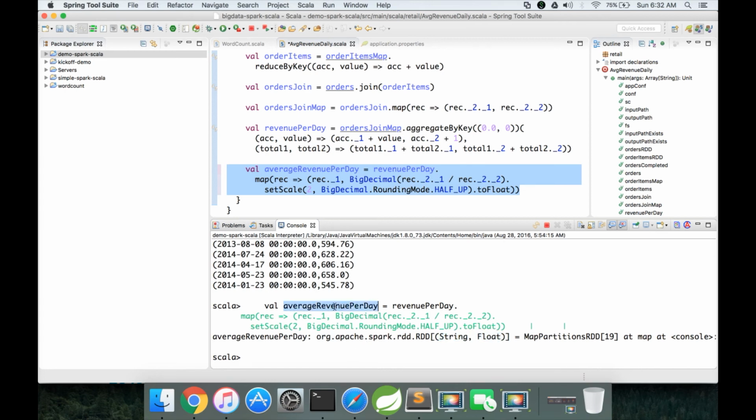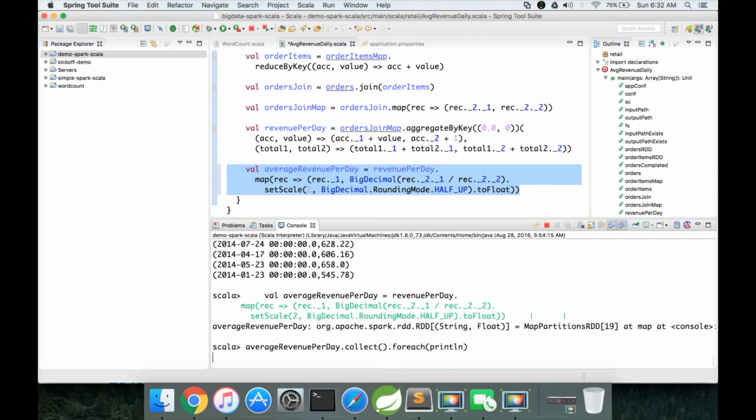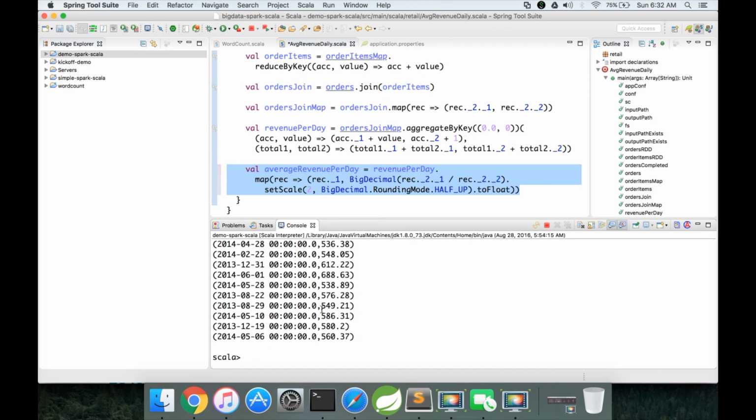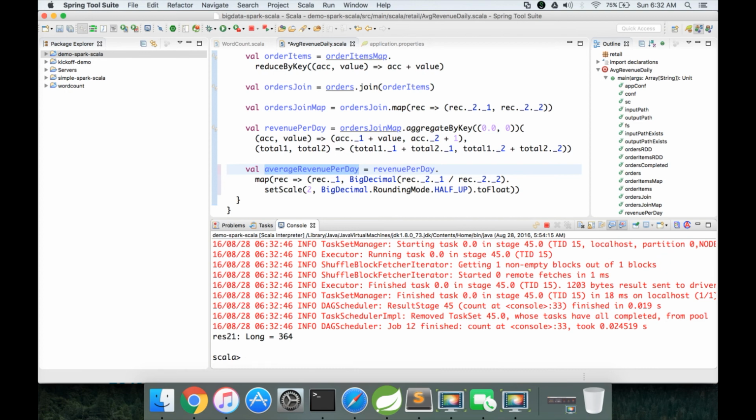We can preview by saying take or collect to get everything, foreach println, and hit enter. Now you can see the data of type tuple which has date for each day and the average revenue. You can also do the count and it should return 364 because we just applied the map function to compute the revenue. The number of records should not change when we invoke the map function.